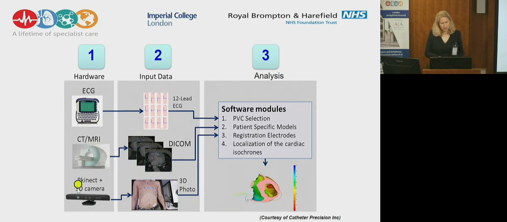And then, and that is the trick, we take the location of the surface ECG with a 3D camera, which is actually a Kinect camera. So it really comes from your PlayStation kind of situation. So you can borrow that from your kids. That allows you to exactly locate those ECG patches on the anatomy of the patient. Again, the DICOM data from the CT and MRI scan is 3D reconstructed. And with the sophisticated software, we can then identify the origin of every ventricular ectopy or the VT